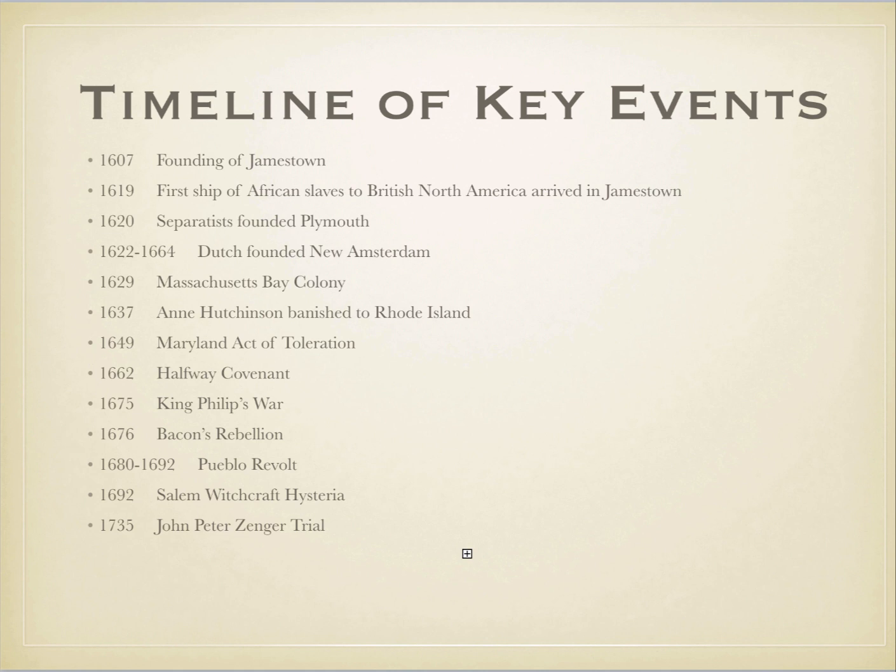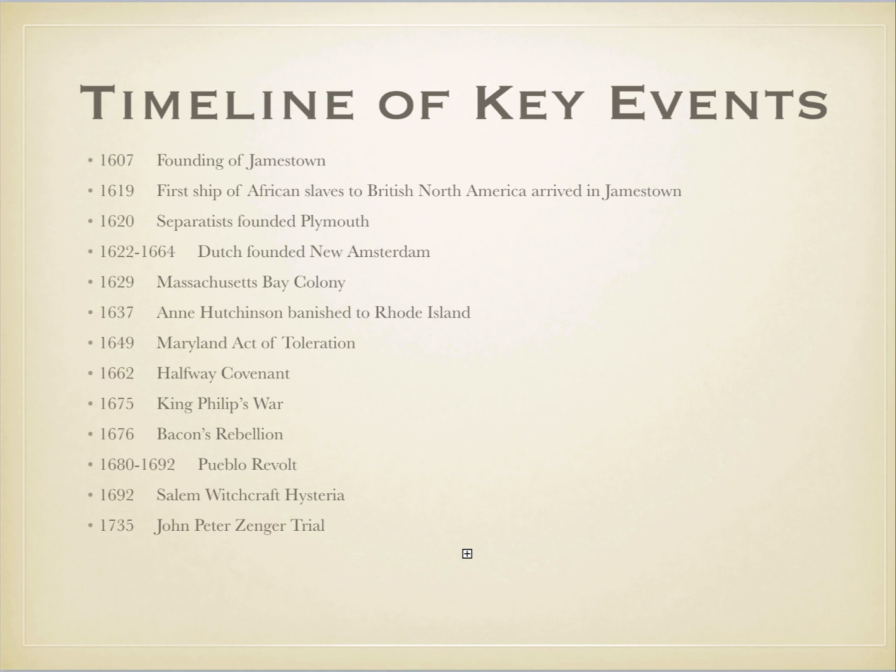1607 is the founding of Jamestown. Remember, those people arrived, it was all men who were looking to get wealthy. They struggled early on, largely due to a lack of work ethic. It was not until John Smith and John Rolfe instilled that work ethic in them and the planting of tobacco that led to the success of the Jamestown colony. And I guess it's possible that Pocahontas had something to do with it as well.